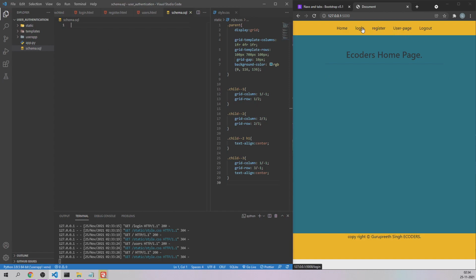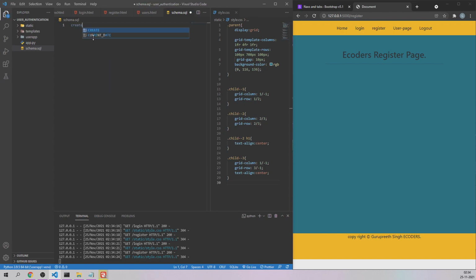First, guys, in order to log into this application, the first page we are going to visit is the register page, from where the user will register using a form which we are going to submit over here. Right now we don't have a register form for our register page, but first let us create the backend for that. Let me write the SQL query to create a table inside the SQL database.